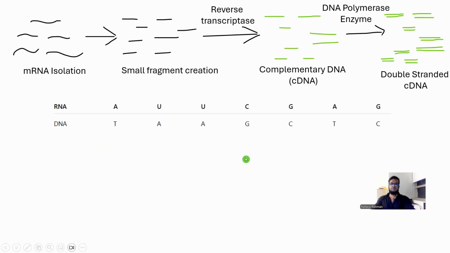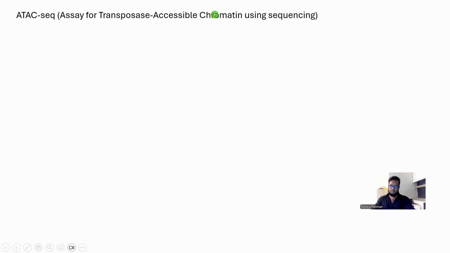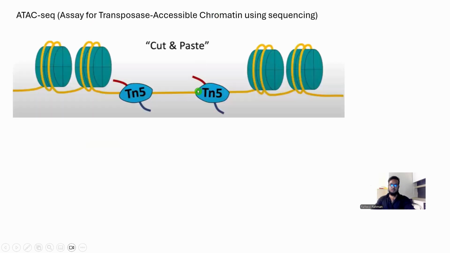Okay, so let me talk about ATAC-seq now. Let me break this down first. You can see this picture right here. This is basically the nice histone structure which we have been seeing for a long time. You can see that some of the places right here are completely open, and obviously there will be some places here which are loosely bound, which have some loose places. So now